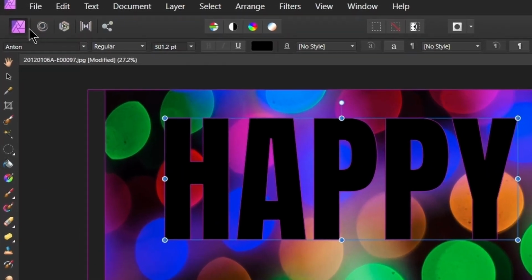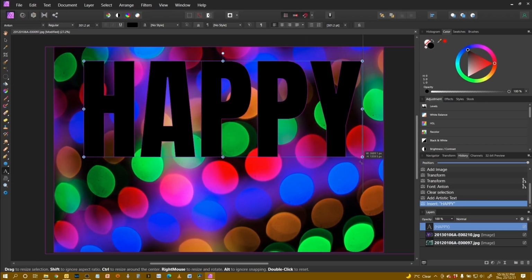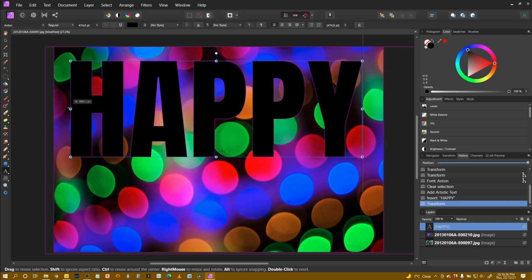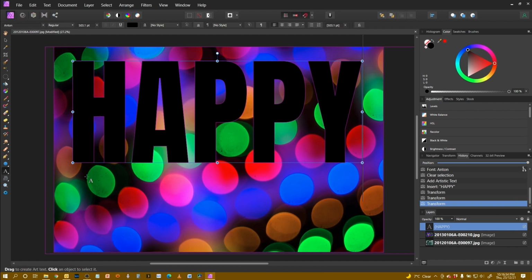Now I've chosen a font called Anton, which is one of the Google fonts, because it's a big, thick, bold font. And then I can just resize that to how I want it on the screen, which is going to be something like that for the word happy, maybe just a fraction larger,